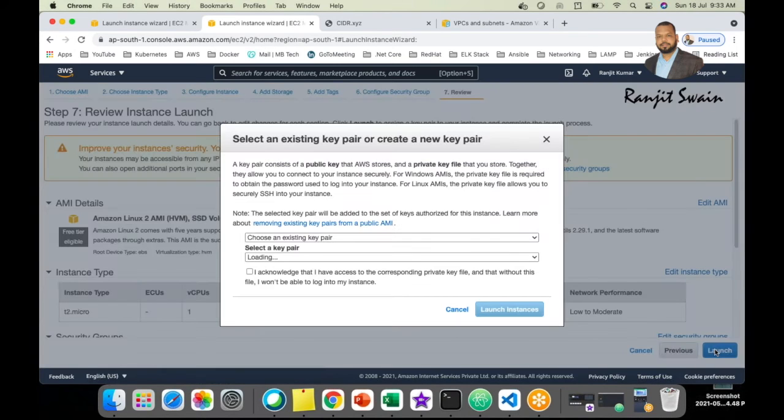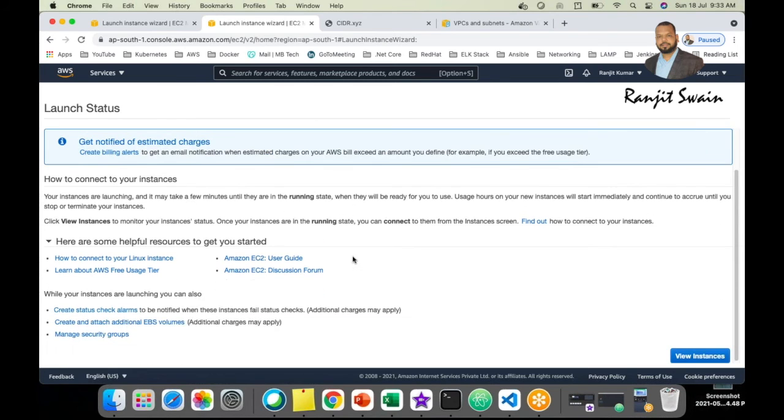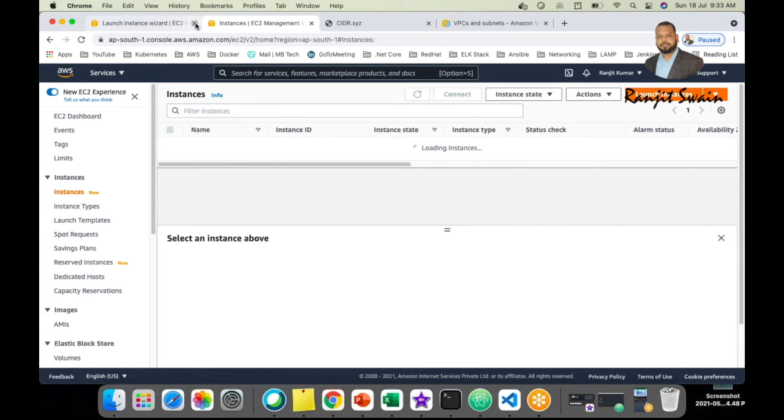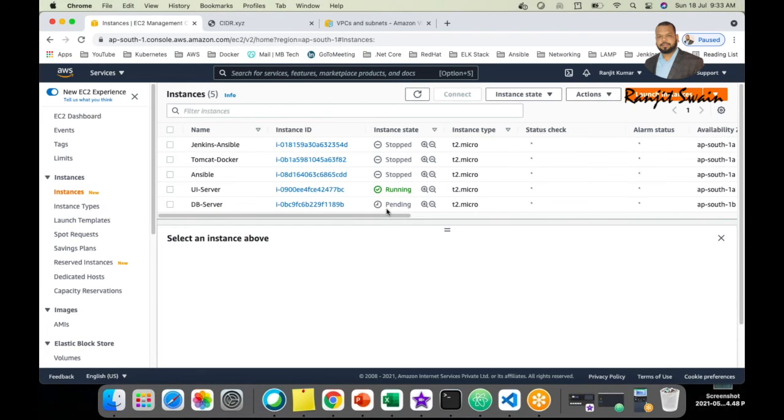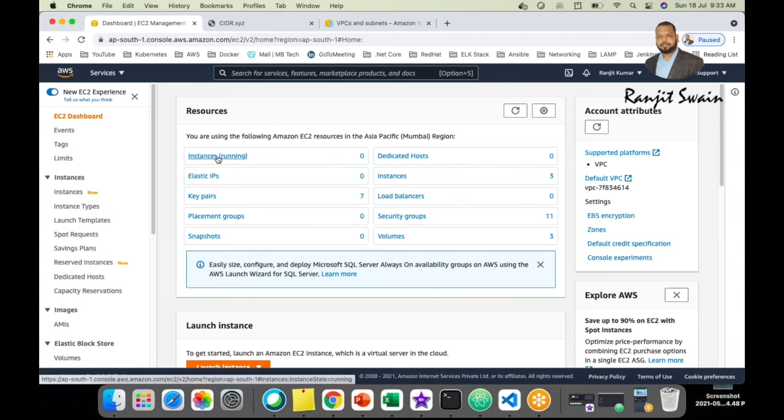And so let's launch, any key acknowledgement. Okay, launch instance. So I just created another instance. If I click on view instances, okay, let me close this window, and if I go here and click on the instances running,